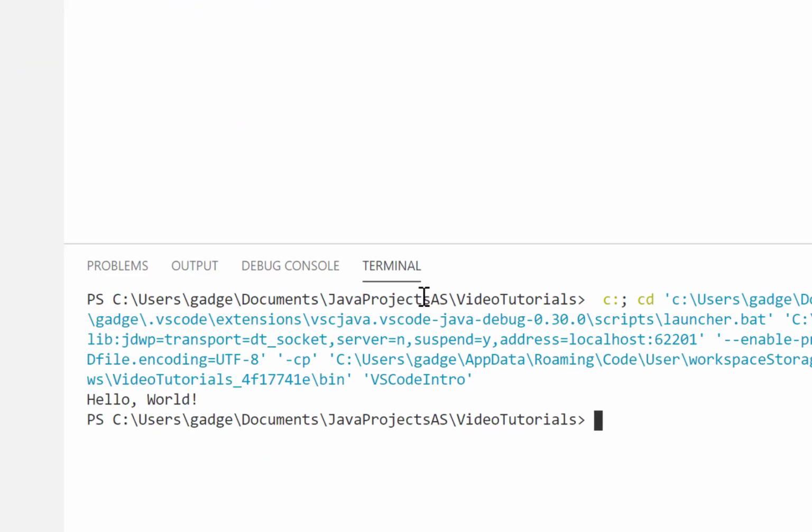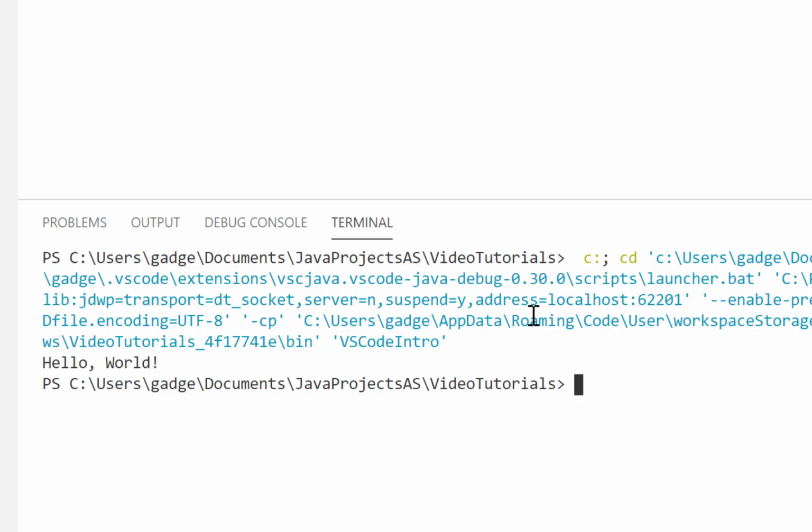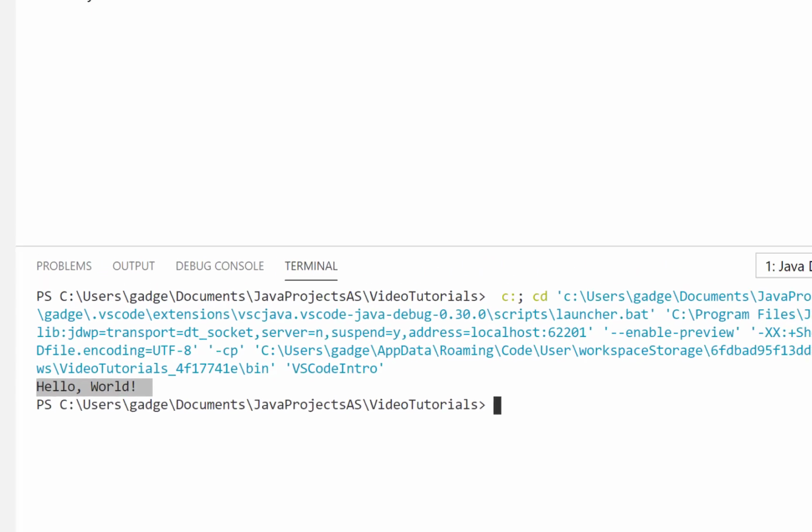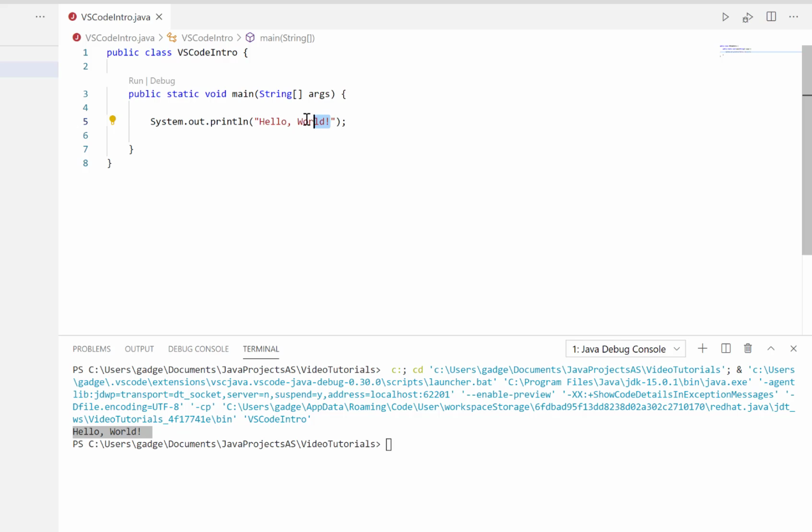You'll see something's happened down the bottom here. Don't worry about all this stuff in blue. That's something that's produced by default. What we're really looking for is the second to last line, which outputs our little message that we typed, Hello, world. If I now go back up into my code and replace Hello, world with Goodbye,